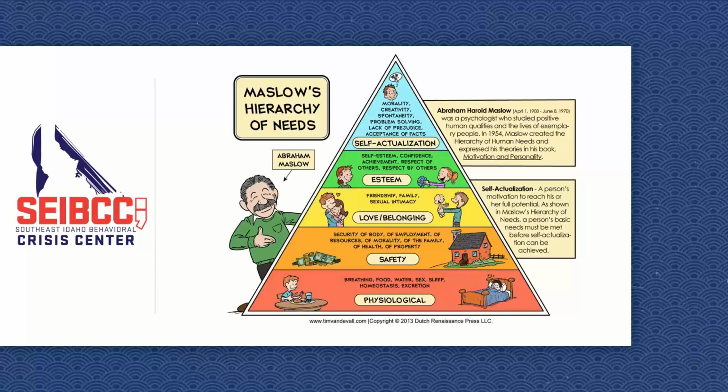And so the next rung is safety. I need to know that I'm going to be safe where I'm living and sleeping. I need to feel safe in my job, with my relationships, and with my health. If those first 2 rungs can be met, then the individual can reach those next rungs up. So again, at the Crisis Center, or if somebody's in crisis, helping them reestablish those pieces in the pyramid will then help the individual reach those other levels. And again, we do this every single day at the Crisis Center.